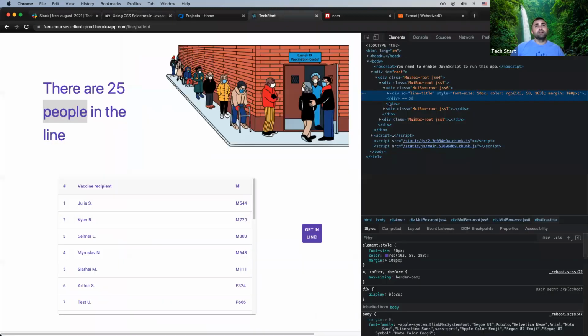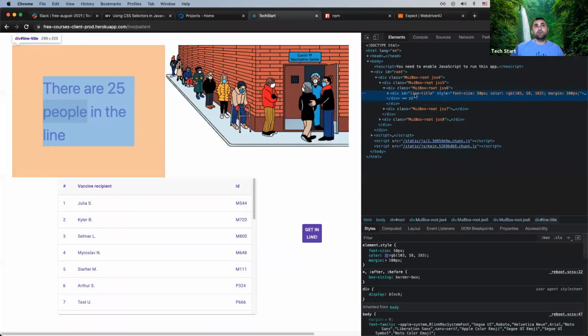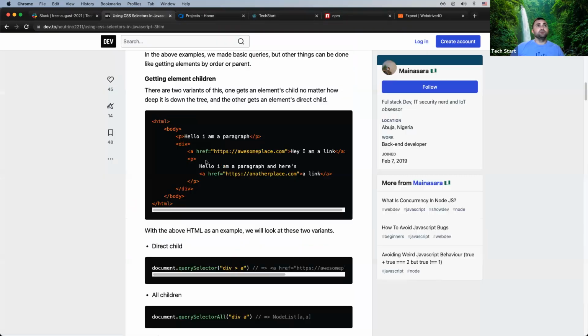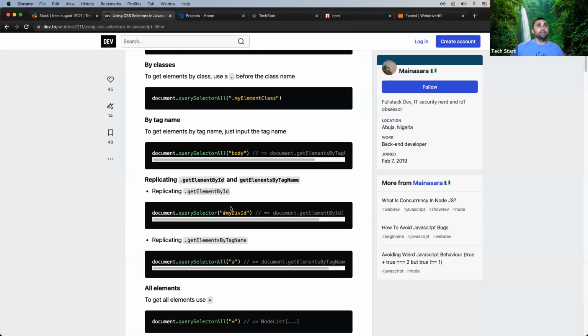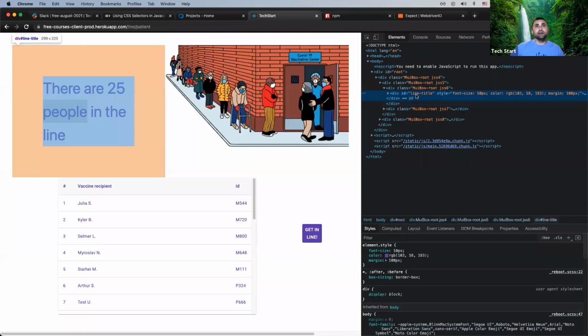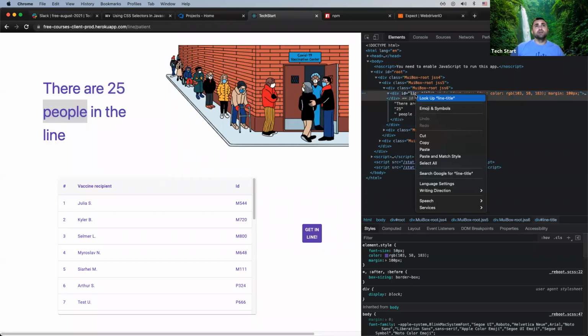But in our case, most of the elements have an ID, so it's pretty simple. So what I need to do, I scroll up. By ID is the easiest one. I just use pound, and I use the ID value. So let's try to do that. So this element has this ID, line title, ID equal to line title. So I just double click on it, copy,